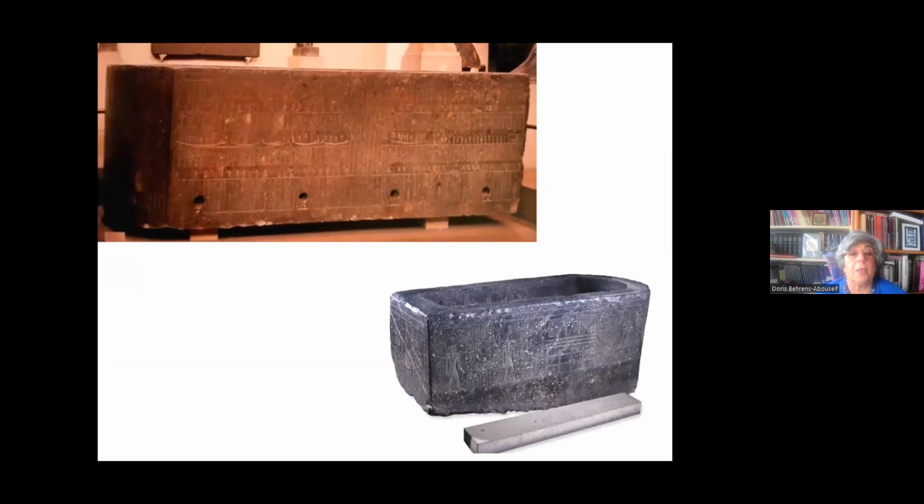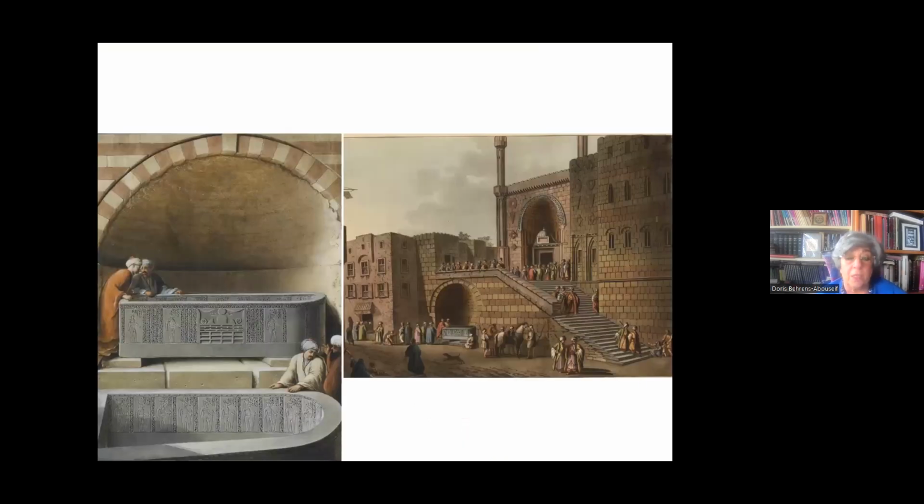For example, this sarcophagus, which is now in the British Museum, used to be in Cairo. It has a long history in Cairo, always associated with magic. It used to be in a fountain, or served in a fountain near a mosque, which is depicted here by Luigi Mayer, but in a very free interpretation. And we can see it here. There are many travelers who have seen it.